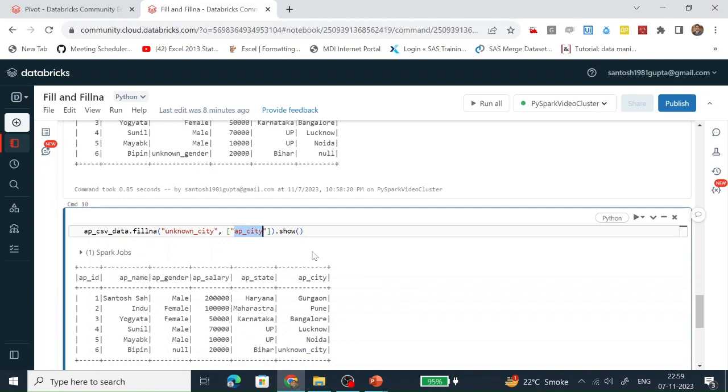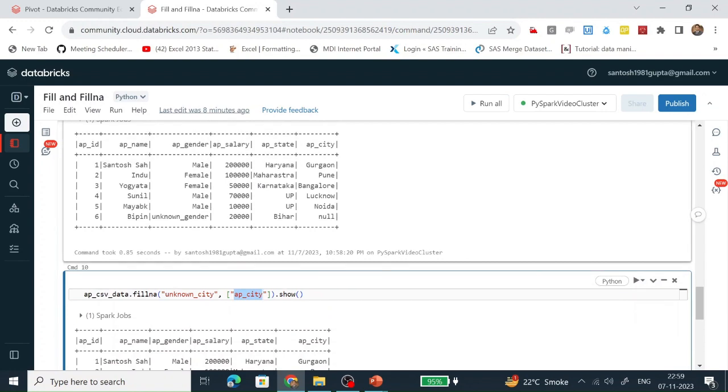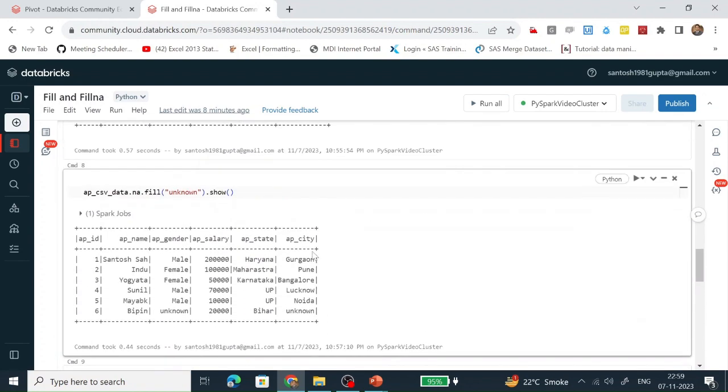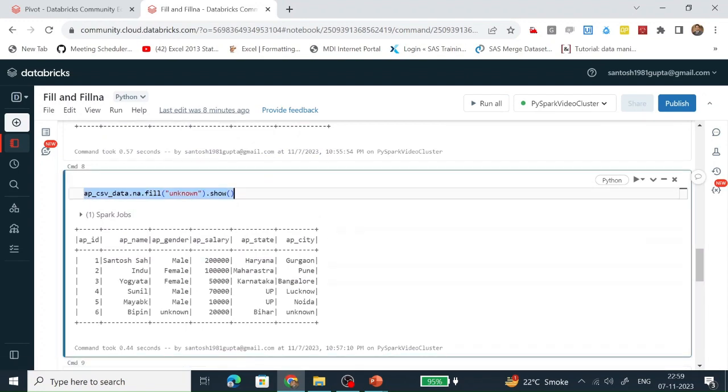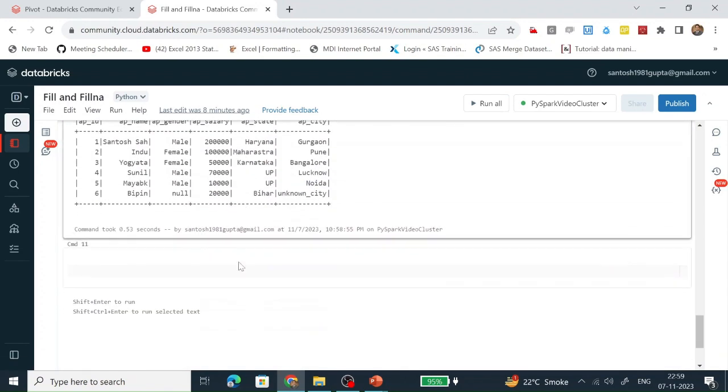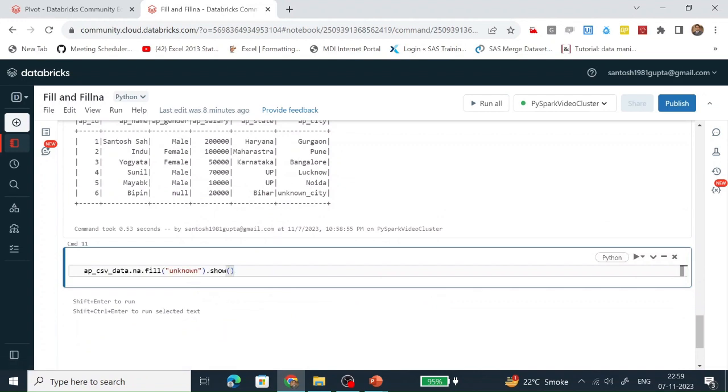Let's see how it works if we are not defining the column names. The same thing we have done for NA, we are going to do with the help of fillNA. Now here we are not defining any columns for which we apply the fillNA function. Here we are applying it at the data frame level, so it will apply on each and every column of this data frame.